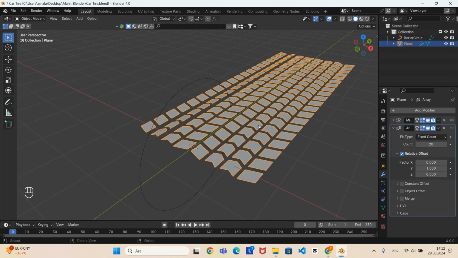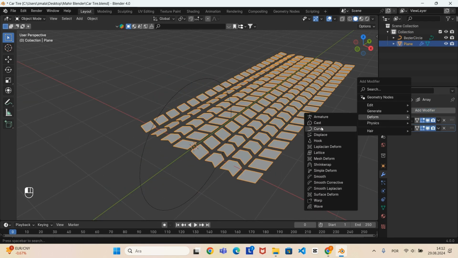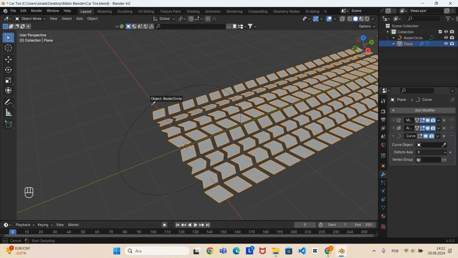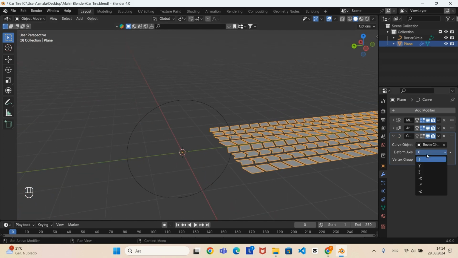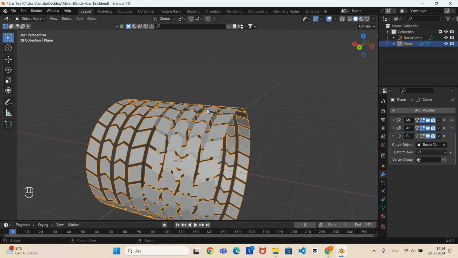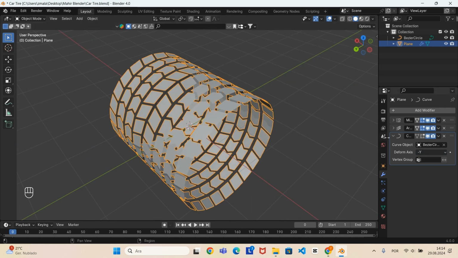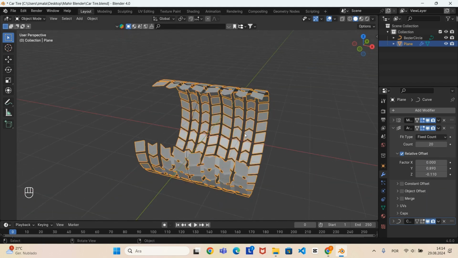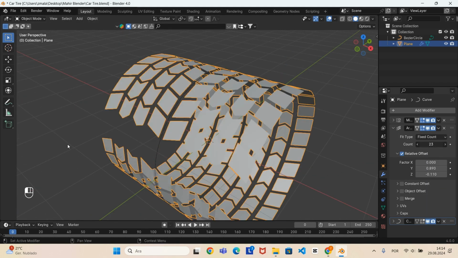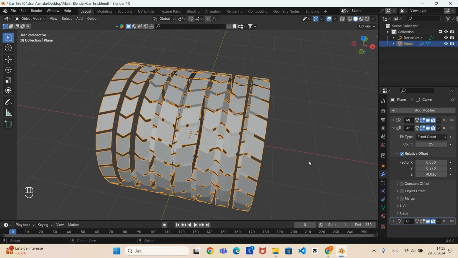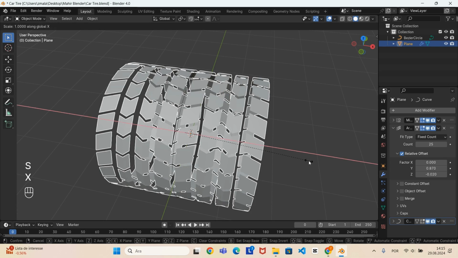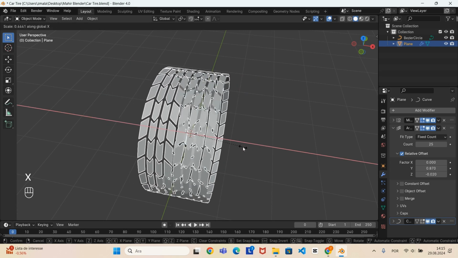Then select the plane, add a curve modifier from the deform, then click over here and set it to the Bezier circle. And after that, change the deform axis to -y to make a cylinder. Then in array, you guys can change the number and the factor y too. After that, scale it at the x-axis like